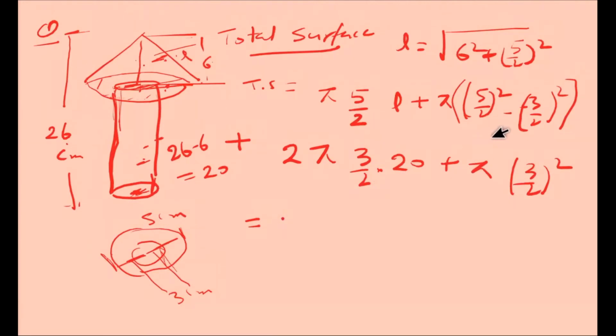Now we can check the calculation again. We can see pi 3/2 square is minus and this is plus, so this is cancelled. This is the benefit for you. Okay, now this pi r square, this pi r l plus this, you have to cancel out this minus here, right? So what is left here?